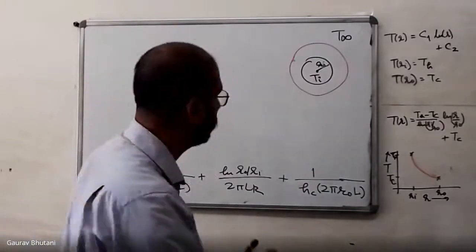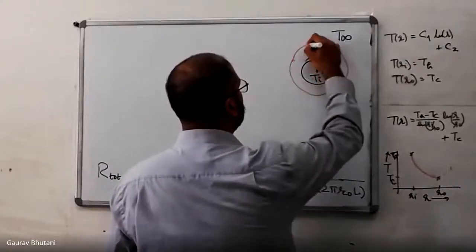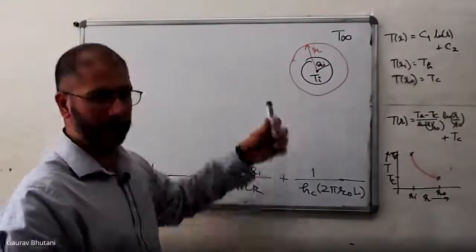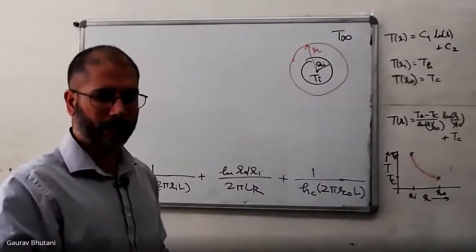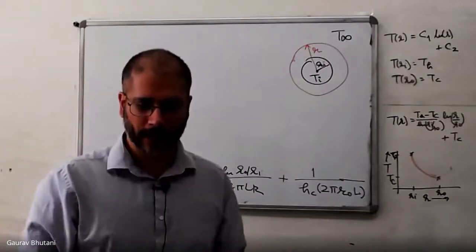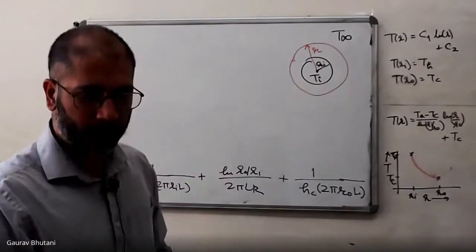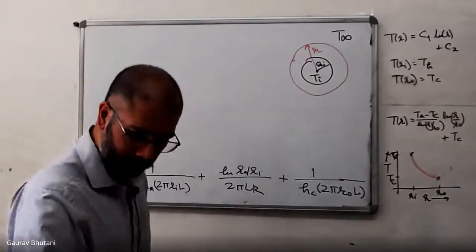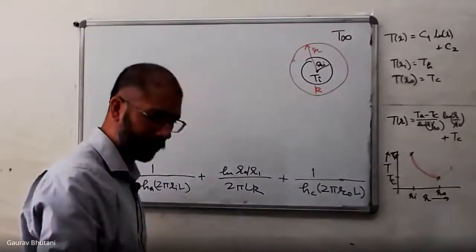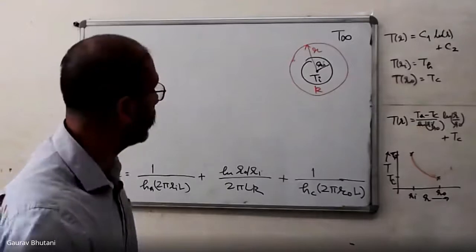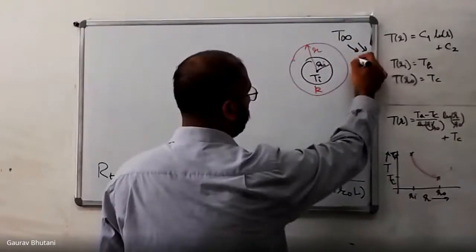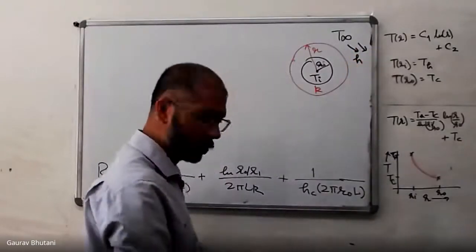So let's say that I, without paying any attention, arbitrarily insulated with glass wool of a radius r. R was arbitrary in my case, but I could have chosen an R. But since I never knew what to do, I simply insulated blindly with some radius R. And this glass wool, of course, has some thermal conductivity, which is supposed to be low. So this is thermal conductivity K. And outside you have T infinity, and you have some convection happening. So let's say the heat transfer coefficient is H.